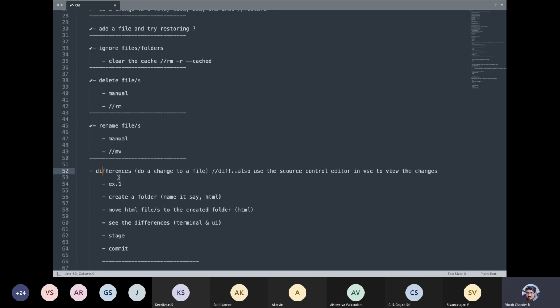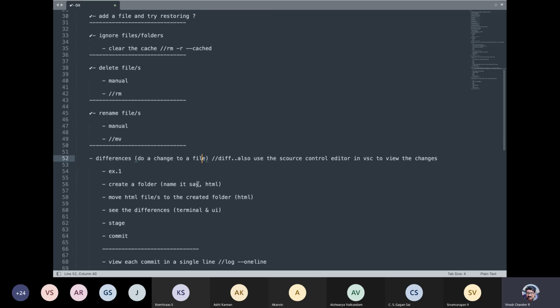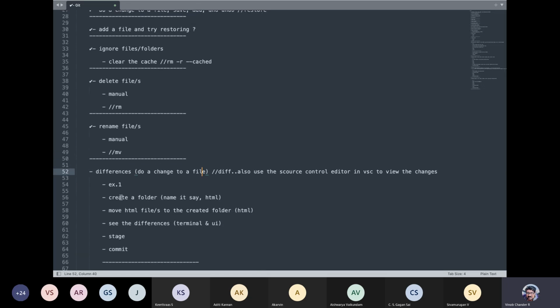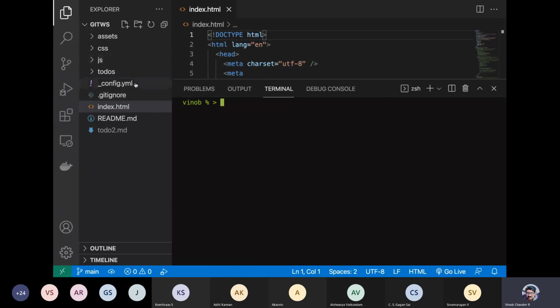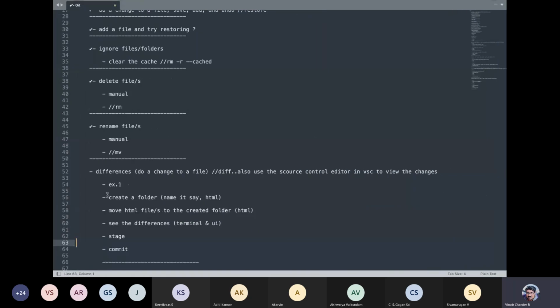All right. So git diff, as I've already said, is for the difference between the original file and the changed file. So let us do a small change to a file, which is our first exercise. So guys, I suggest you try this out. I give you maybe 3 to 5 minutes. Create a folder, say name it HTML, within your particular project folder. That is your first task.